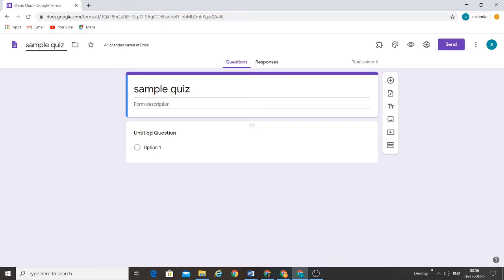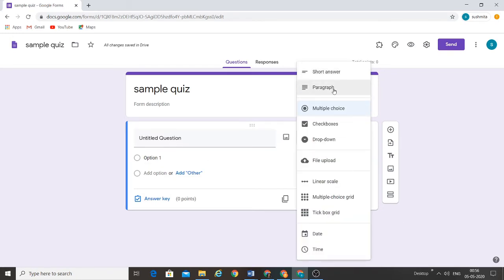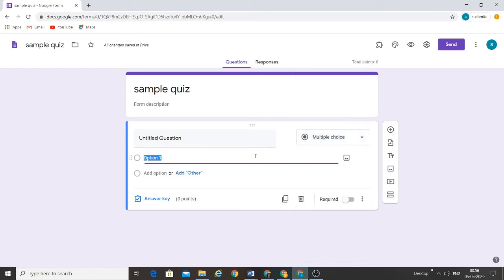The first option is already coming to you. Click and the thing is ready. Now Google gives you the option of multiple choice questions, short answer, paragraph, check boxes, drop down, a lot of options. Whatever you want to choose from, you do so. And once you have done that, you are back to the form. Once I've chosen multiple choice, which is the default one, I can give my first question. So I mention the question here quickly.